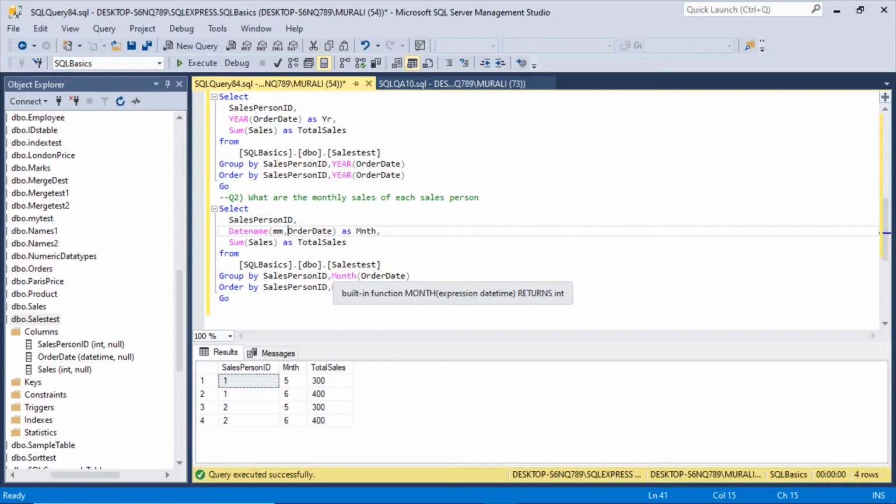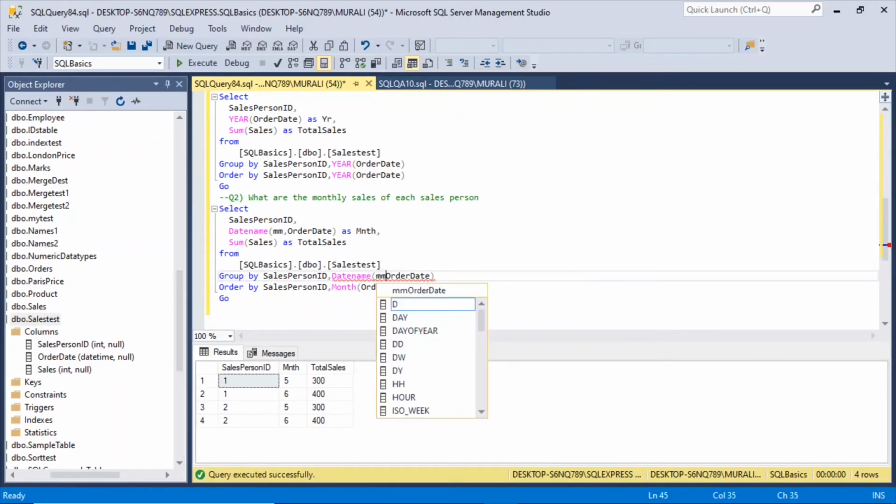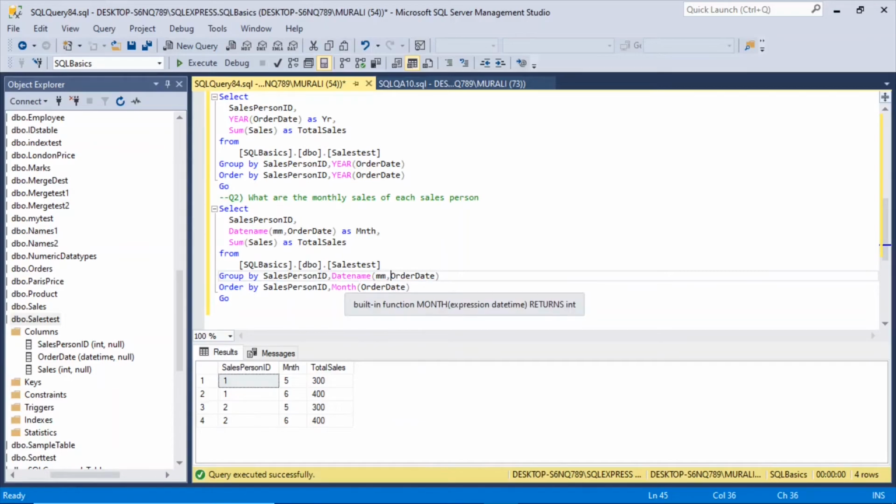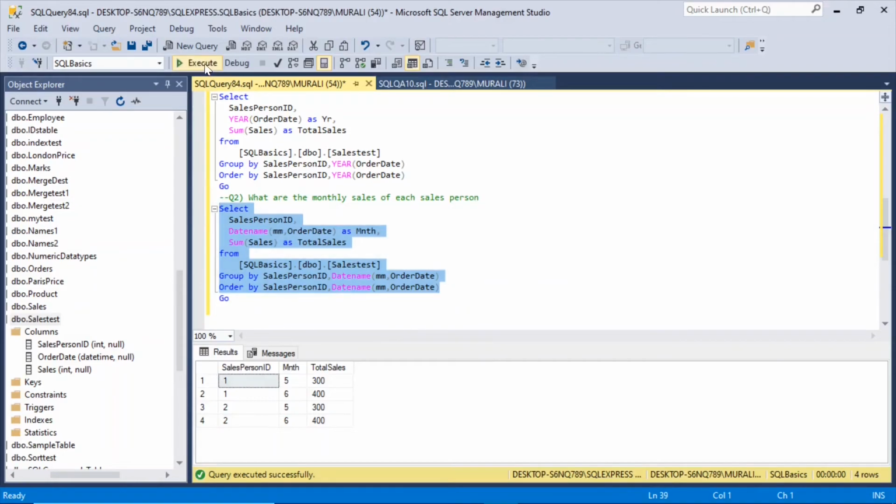And this one also date name of, comma, order date. This one also date name of, comma, order date. Now if I execute this,